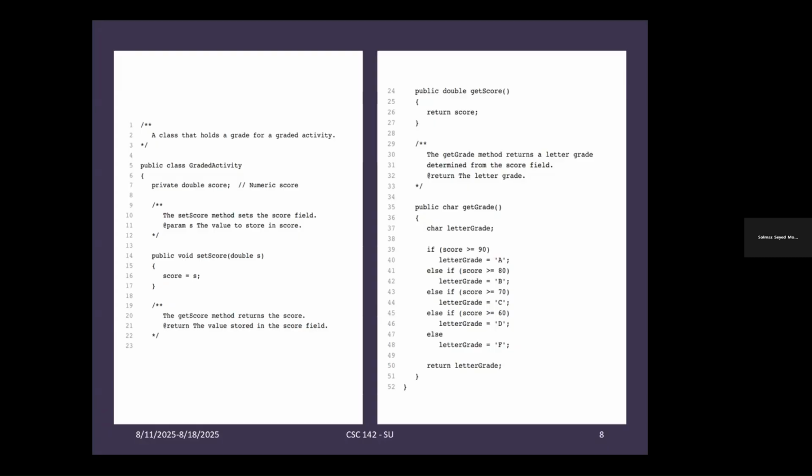Then we go inside the setScore method, and then the getScore method, and the last one is getGrade, and the data type is a character.